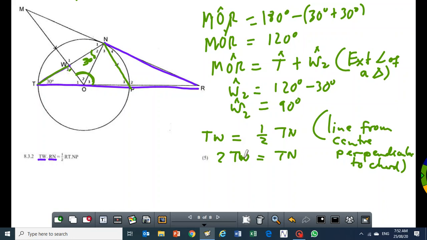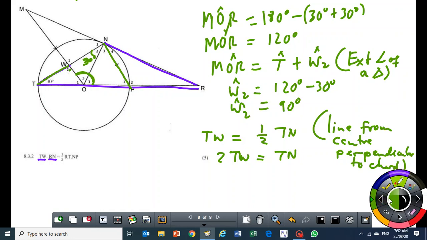Now, before I move on, we already know that this is 30, that's 30. We already know that. And we know that this angle here, the TNP, is equal to what? It's equal to 90. And so we have got TNP and we have got RNT. So this is 30, that's 30. If this is 90,